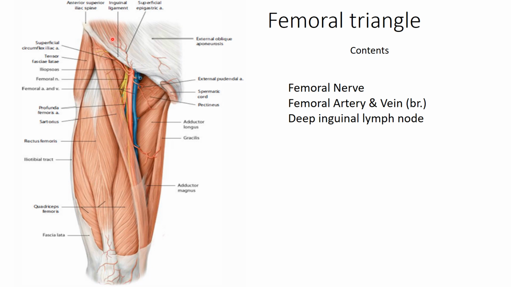So these are the deep branches. And superficial tributaries we have already gone through. They are following the same path. They are the superficial epigastric vein, superficial circumflex iliac vein, then superficial and deep external pudendal veins. So these are the tributaries. Along with that, these superficial veins drain into this bigger vein, which is known as the great saphenous vein, and the great saphenous vein finally drains into the femoral vein.